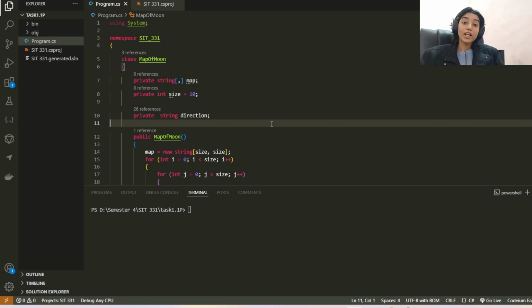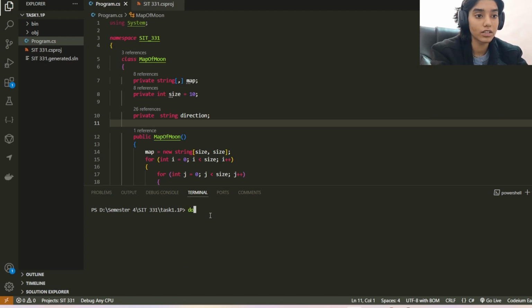Hello everyone. Today I would like to talk about my code. It is a robot simulation on the moon. I will be executing the code just beforehand, and then I'll be explaining each and every line of the code. So let's run the command dotnet